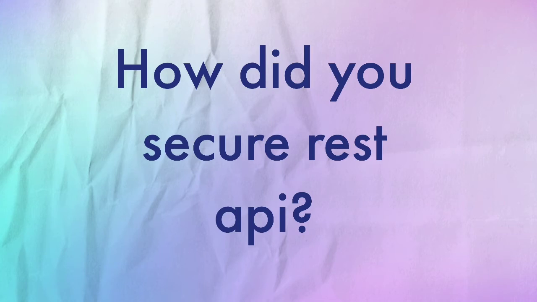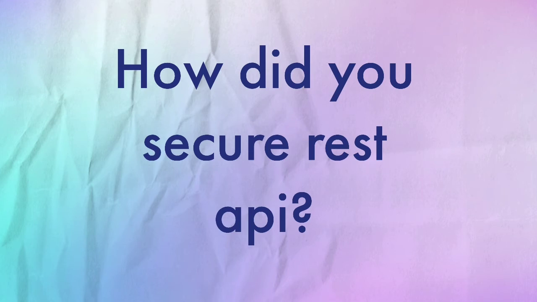So there are multiple ways, and the first step to secure any REST API in your application is to provide a TLS certificate, so that you can have a secure connection for your REST API. So you should maintain and configure the TLS certificate in your configuration file and provide that to the application, and then you can have TLS communication between all of the REST APIs.